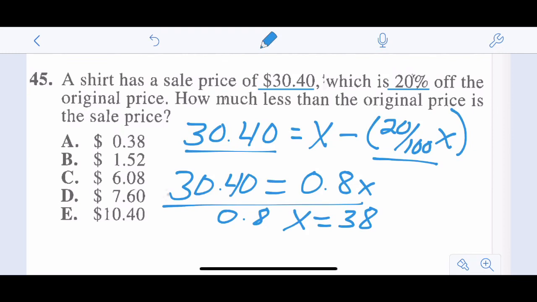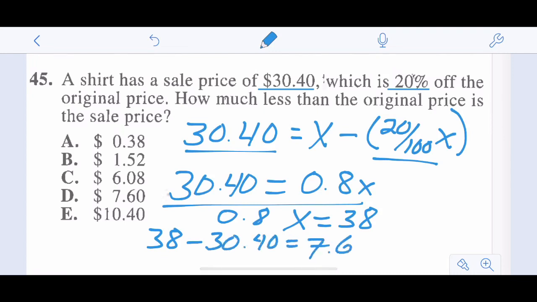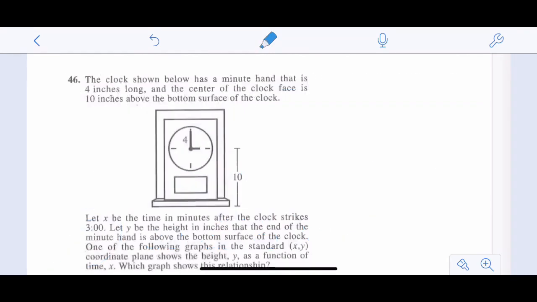So then we have $38 minus $30.40 equals $7.60, which is how much less than the original the sale price was. So D. The clock shown below has a minute hand that is 4 inches long, okay, 4-inch long minute hand,